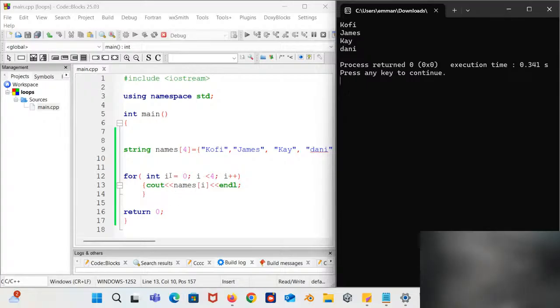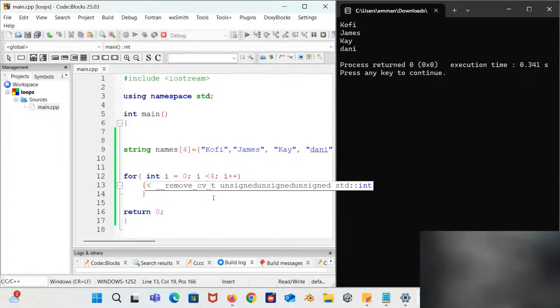So statement 1 runs one time. What is the current value of i? 0, right? Is i less than 4? 0 is less than 4, right? So what should happen? cout. Then we call the array here, and we link this array to this loop using the variable in the loop.